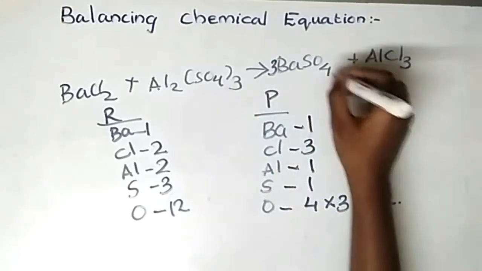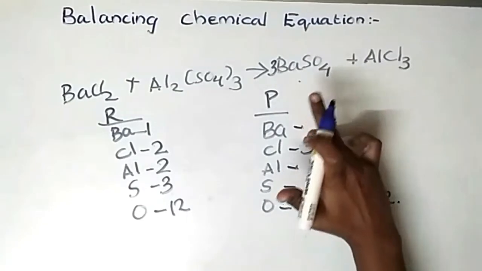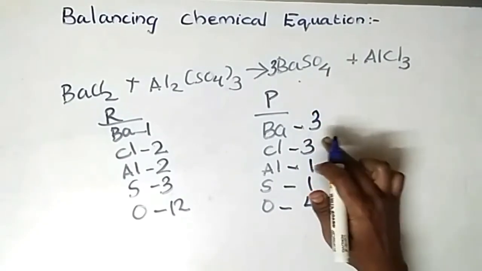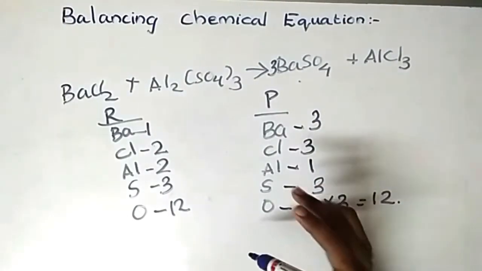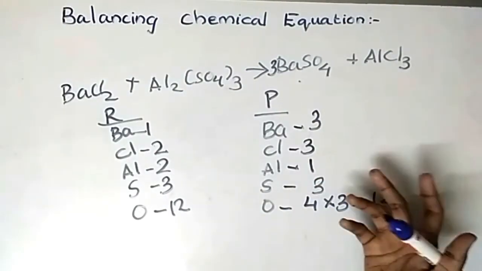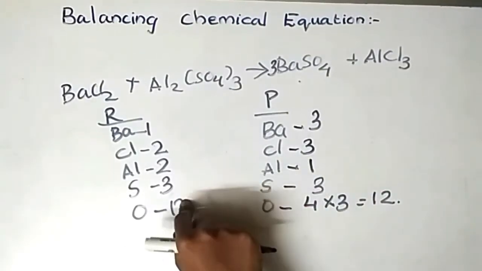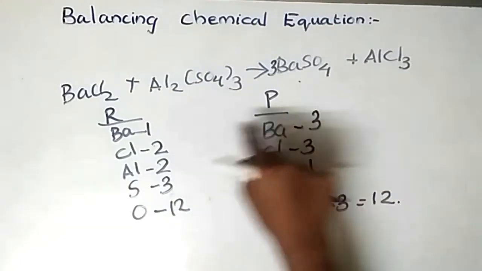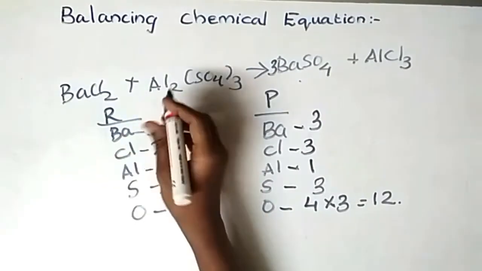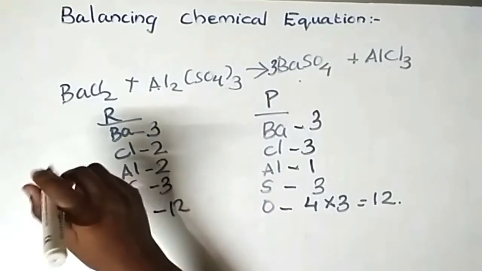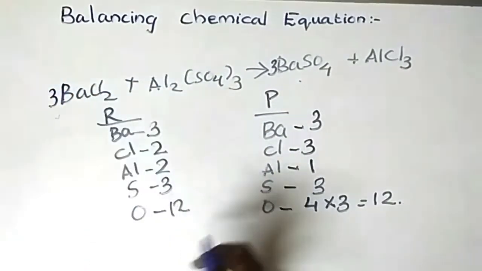And here when we look at the product side, the barium and the sulfur also change into 3. So barium changes into 3 and sulfur also changes into 3. It's very important to notice the changes in the other elements when you focus on one. So sulfur gets balanced here, but barium changes. So barium, for making the equation balanced, should be 3. So in the reactant side we have to put the 3.